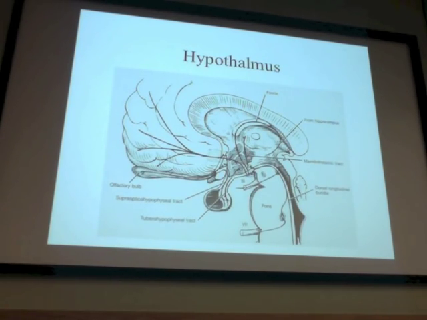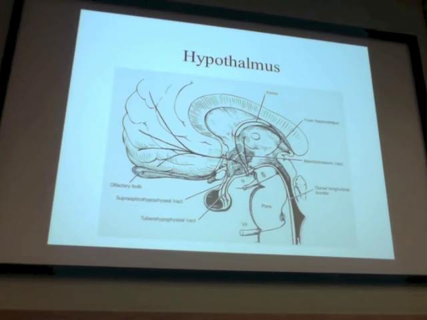Today we're going to start talking about the hypothalamus and the role that the hypothalamus plays in regulating our autonomic function and some of our homeostatic functions. And so a large part of today's lecture will also fall under the category of endocrinology, because a lot of what the hypothalamus does, it does with the pituitary gland, which secretes hormones that regulate many of our homeostatic body